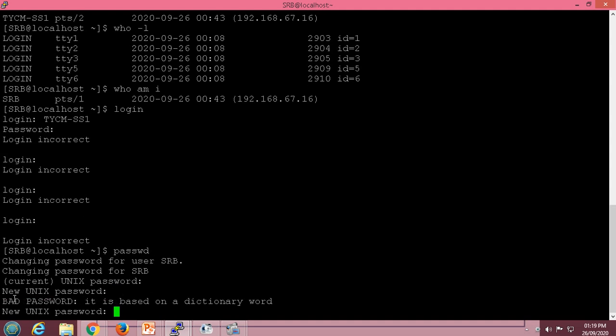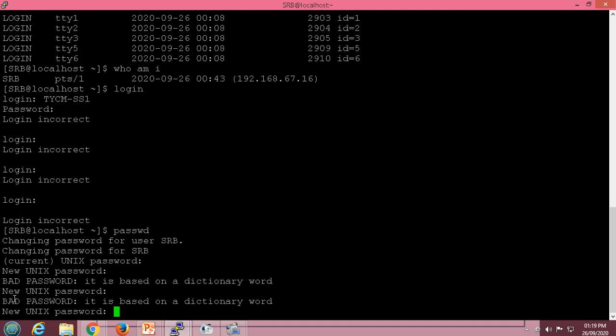So I have entered it, and it is telling me that it is a bad password. It is based on a dictionary word. So I will try another password. Again bad password.